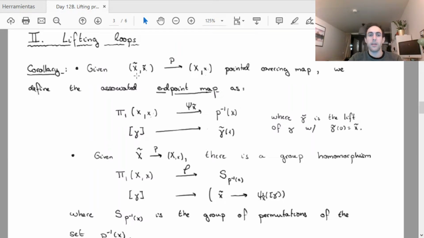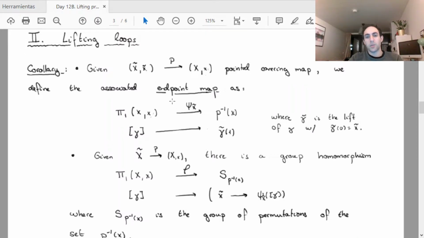Here I should have said that we're working in the pointed setting, so basically my base space has a favorite base point that I denote by little x. My covering space has a favorite base point that I call little x tilde, and little x tilde maps to x by p. So now, as I said, we lift the loop gamma to gamma tilde starting at x tilde, and now